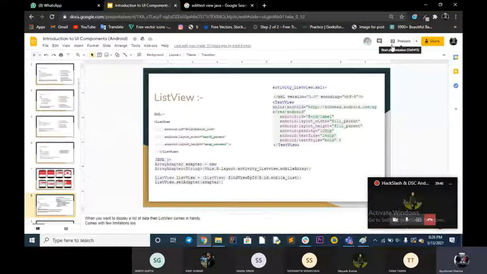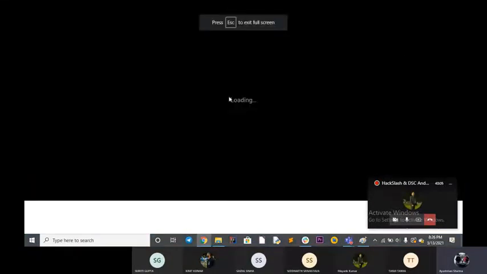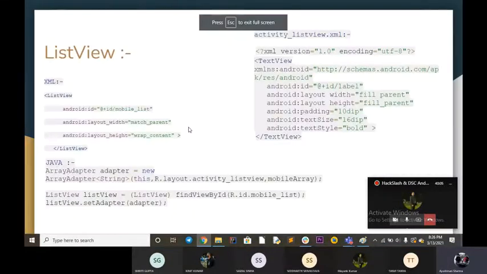Second is the list view. List view is used when you want to display a list of data. Like you want to display the list of roll numbers, you want to display a list of anything. So as we have seen in all our codes, we have XML and Java codes too.